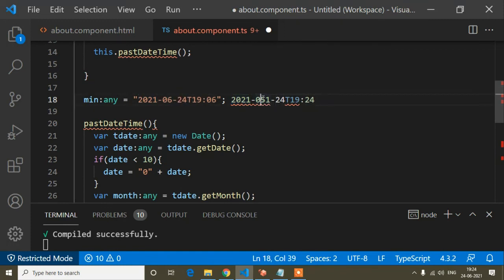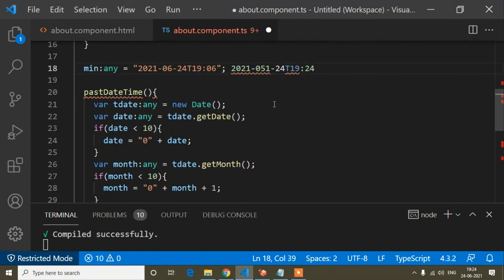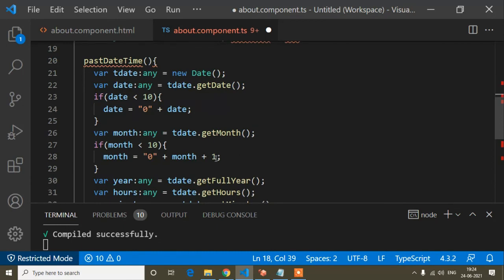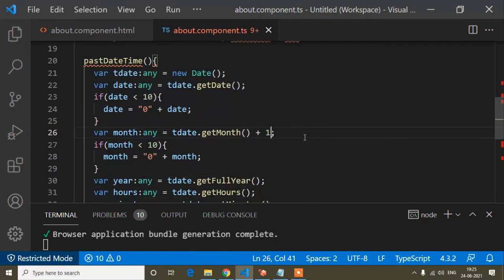It's returning wrong, it's added 051, month is returning 051. Okay guys, I have done a wrong thing, here I have to add plus 1. I had done it wrong.